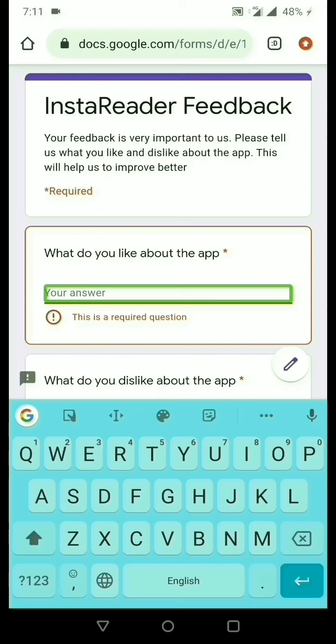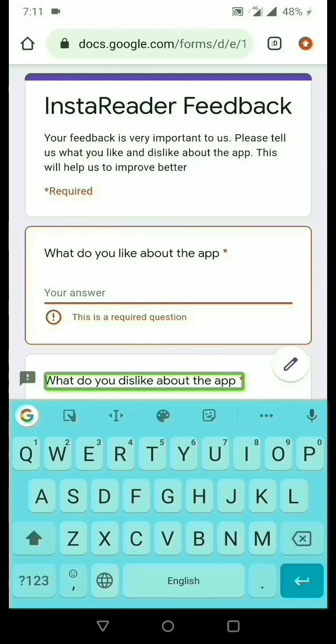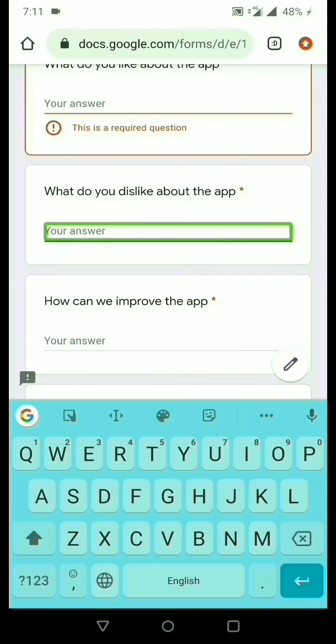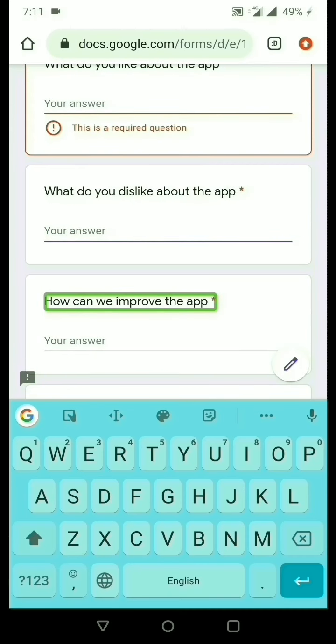So after typing, if you swipe right, this is what do you dislike about the app? Required question. So there will be Heading 3. Required question about what do you dislike about the app. So similarly, you can provide your answer for that. If you swipe right from there, Editing. Edit box. Error and valid. How can we improve the app? Required question. So there will be a Heading 3. Required question about how we can improve the app. So there will be a question about how we can improve the app. So if you swipe right, you can give the answer for that.